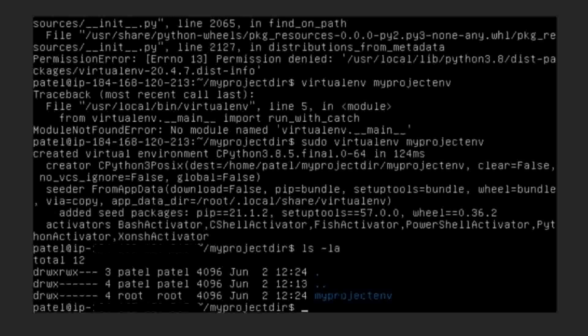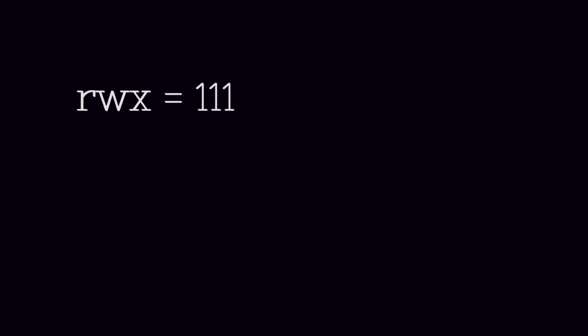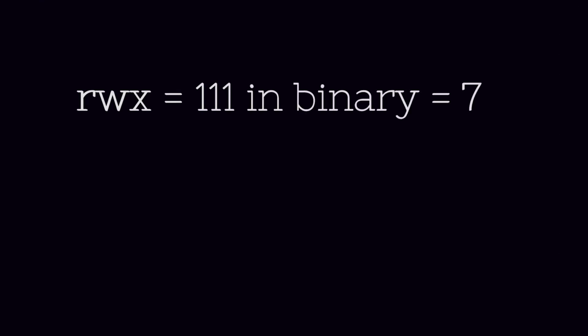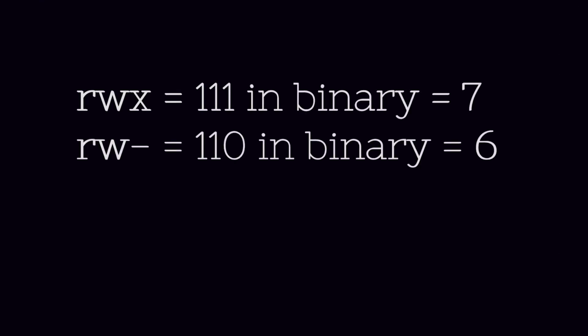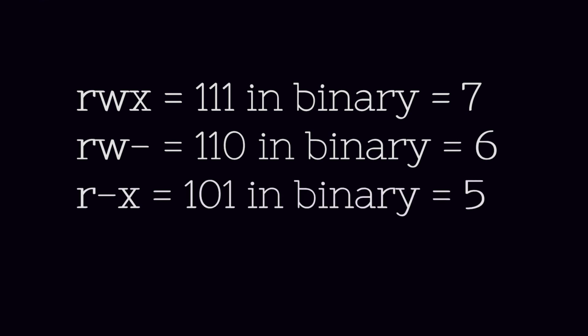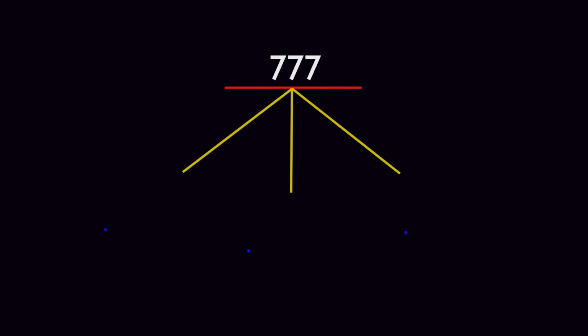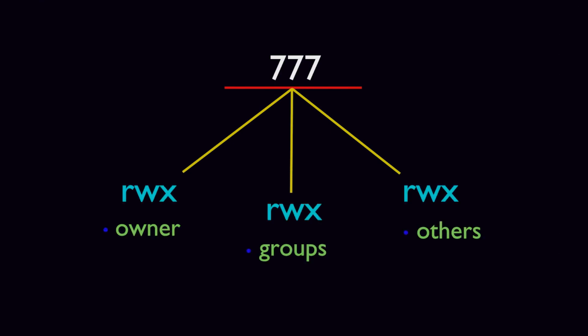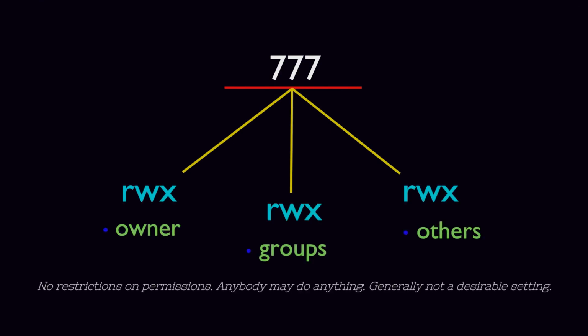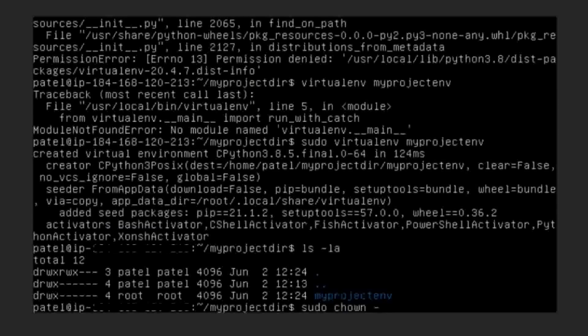And here it appears. To understand what's going on, let's see what RWX is. R stands for read, W for write, and X for execute. The first 3 permissions are for the owner, the second 3 for groups, and the last 3 for others. As we can see, only the owner has the permission and others have none, and most importantly the user is root, so first we need to own it.